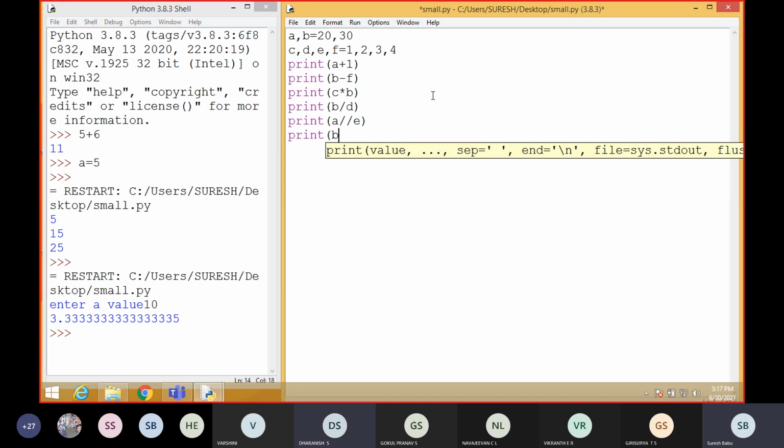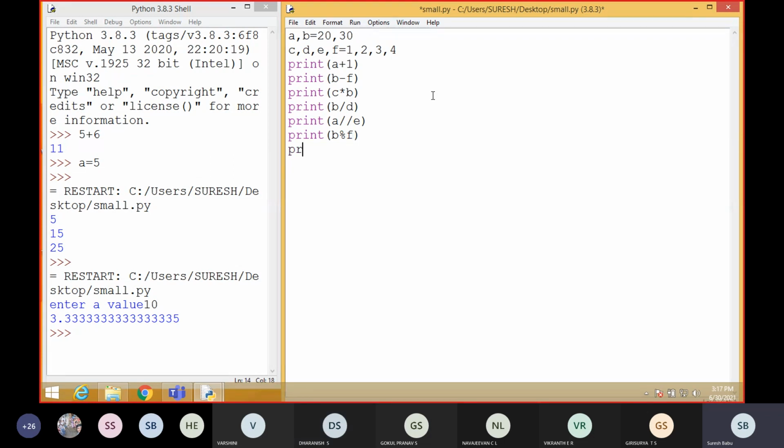Sir, a plus 1 is equal to 21. Okay, good. Then sir, b minus f. b is 30, minus f, that is 4. 30 minus 4, sir, 29. 26.